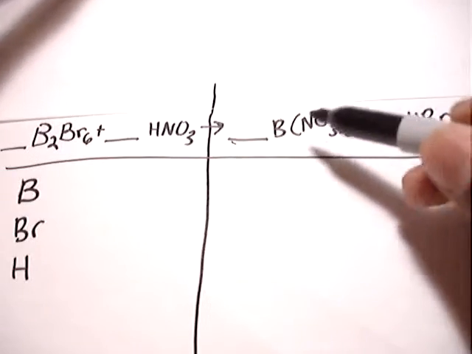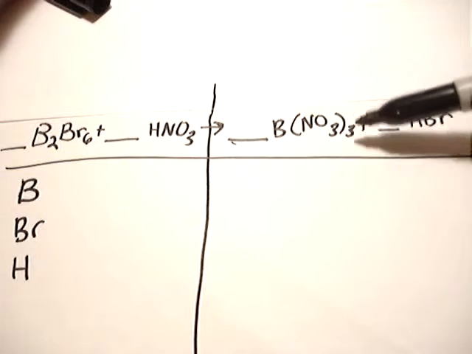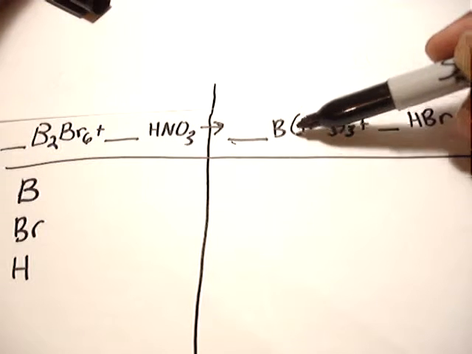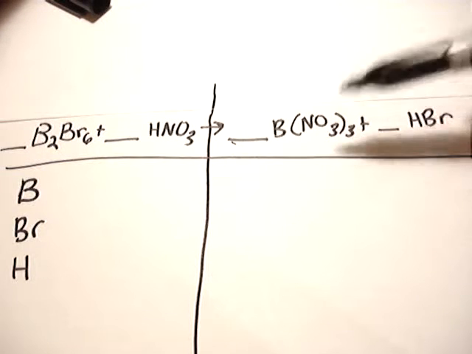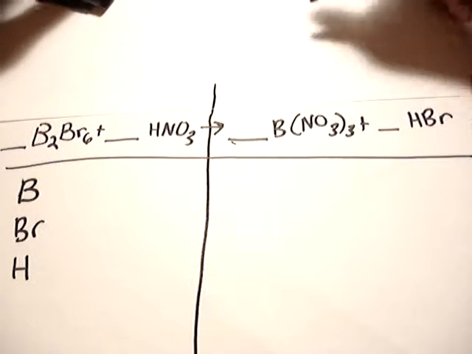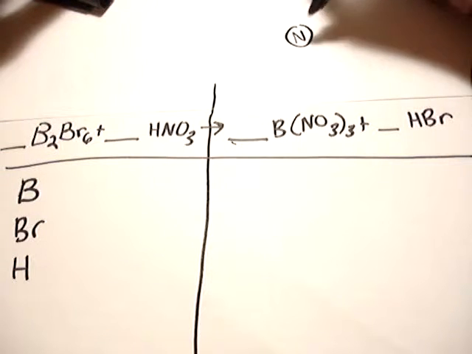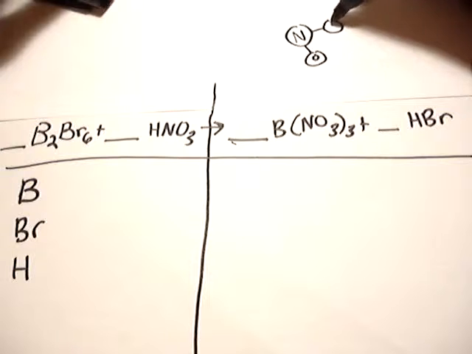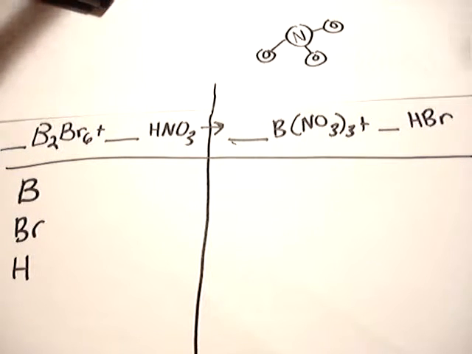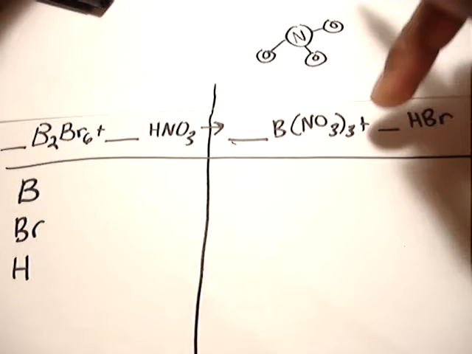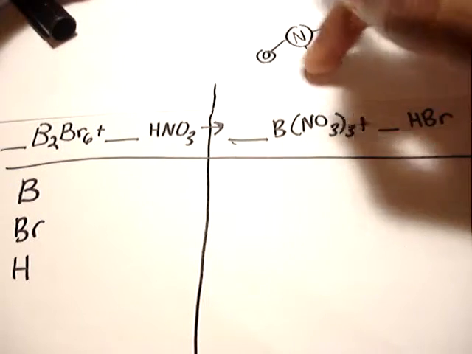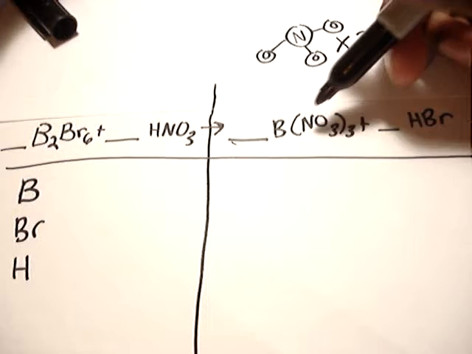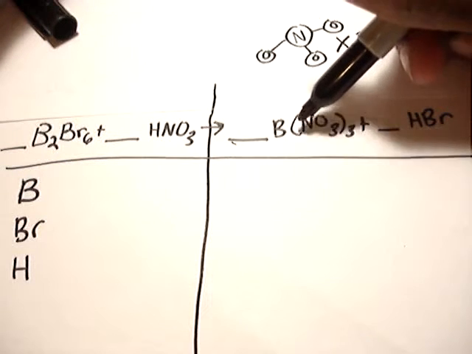NO3 is in parentheses, we're going to treat this NO3 together as one. On this side you have three NO3s. What this parentheses means is that there is an NO3 together. There's three NO3s, so we're going to treat that as one molecule. Essentially you have an N, an O, an O, and an O. You have an NO3 molecule, and the number 3 here says that collectively this NO3 in parentheses, there's 3 of these. So since the NO3 is in parentheses, we're going to treat it as one